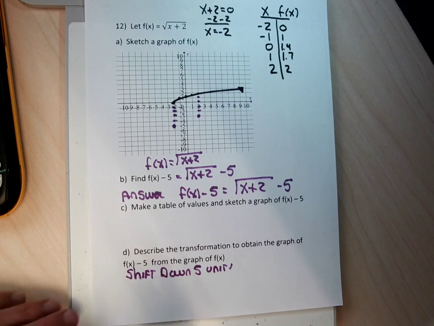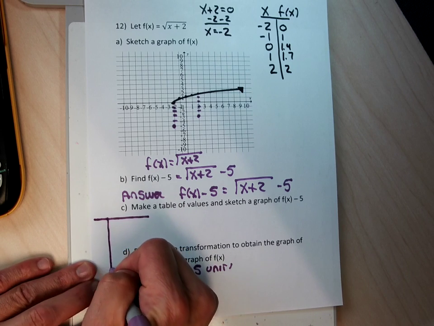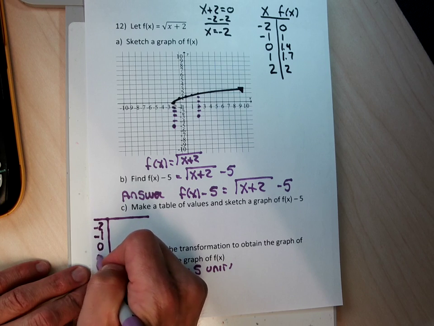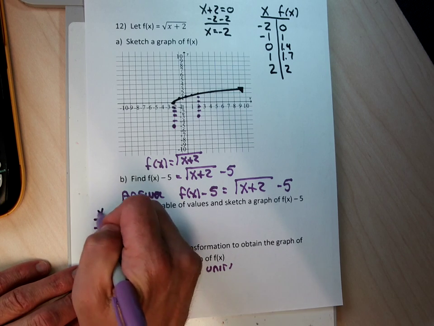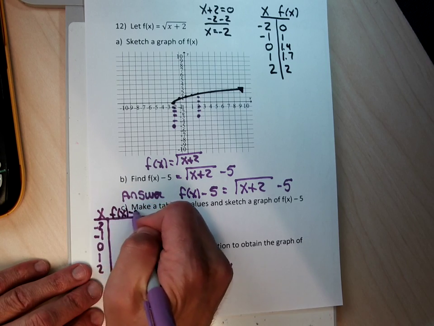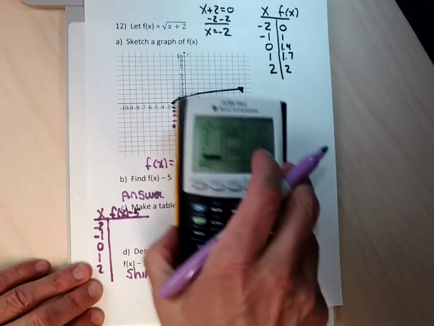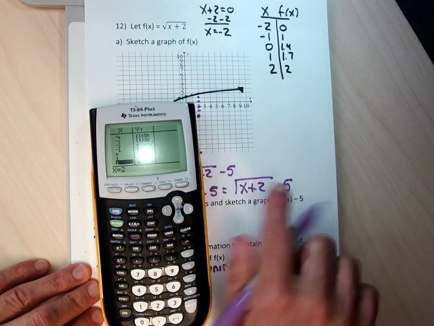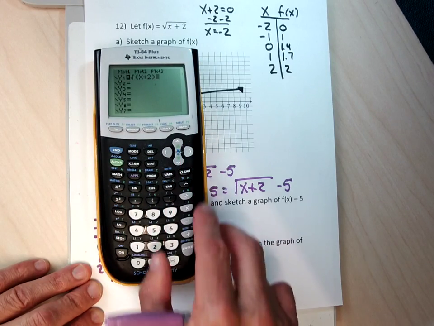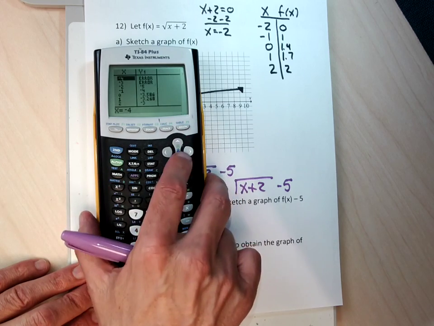Let me get the y's by making my table. I'm going to make my x column, which is negative 2, negative 1, 0, 1, 2. And then my f of x minus 5 column, which is going to be all these numbers subtracted 5. So now I'm going to go and graph that. So I'm going to go y equals square root of x plus 2 minus 5,